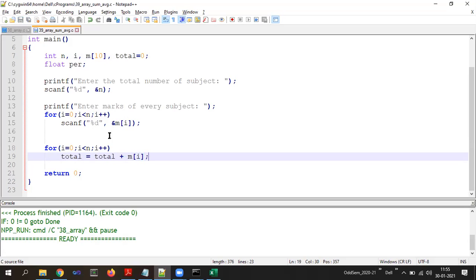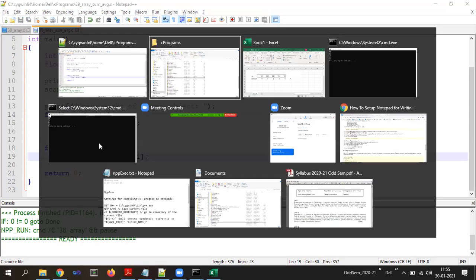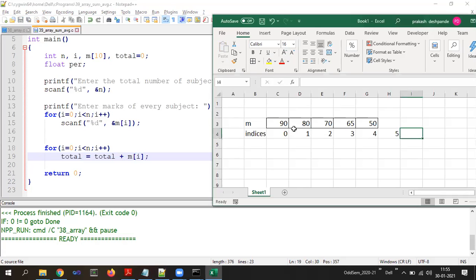Now, what is going to happen is that, think here, there are, say, 5 subjects. These are the values which we have entered. Then line number 18, i equals to 0, is less than